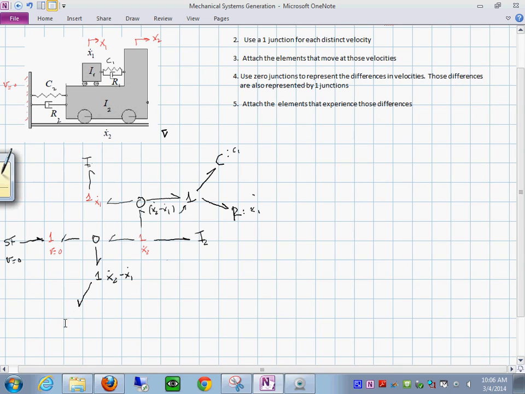So this is gonna be an I element with I2 as a parameter, and this one is going to be a, yep, this is going to be the,